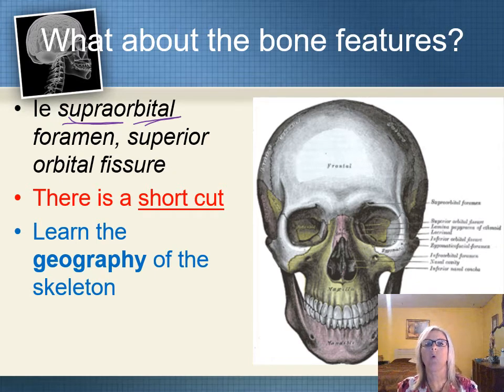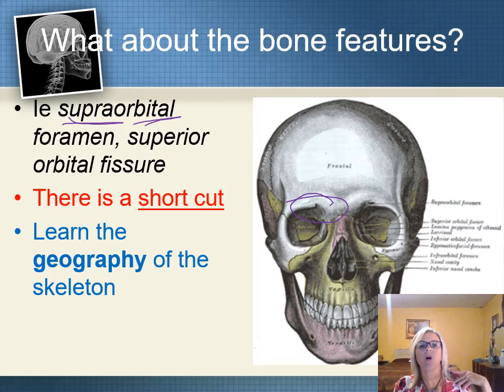Foramen is a hole or an opening. And so I'm looking for a hole or an opening above the orbit. Instead of just trying to white knuckle memorize what that name is, I know what it means, so it makes sense. When I look for the supraorbital foramen, I can find it because I understand what those terms mean. It's basically a shortcut to learning these